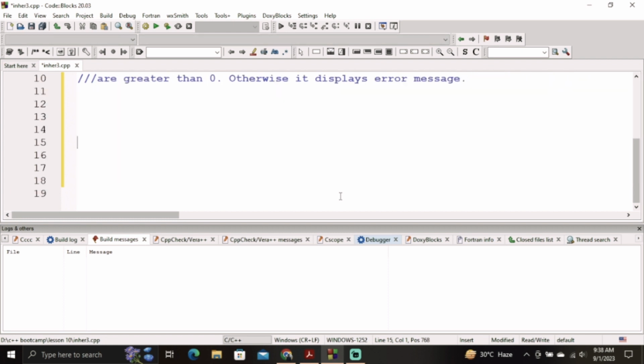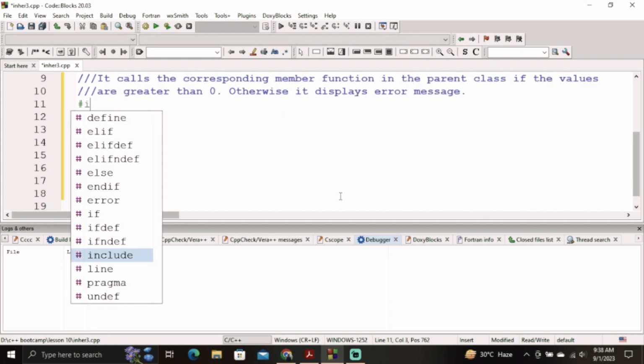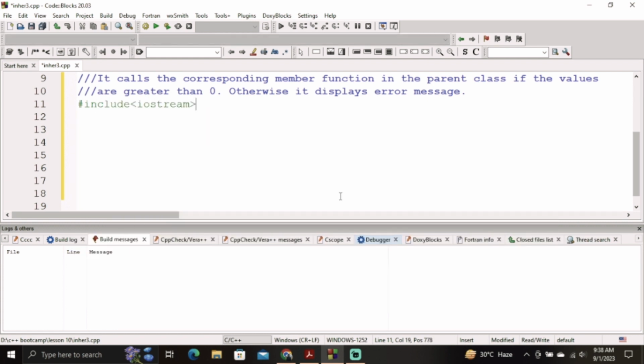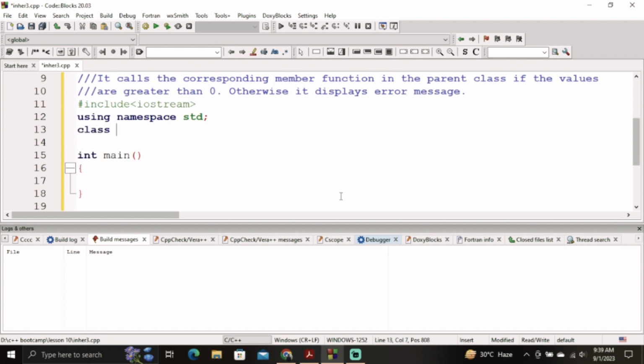Okay, so first of all we will start with the normal syntax: hash include iostream, using namespace. All right, so we have got the body of our program ready. Now the first thing is that we want to have a simple class. So the parent class name would be simple,